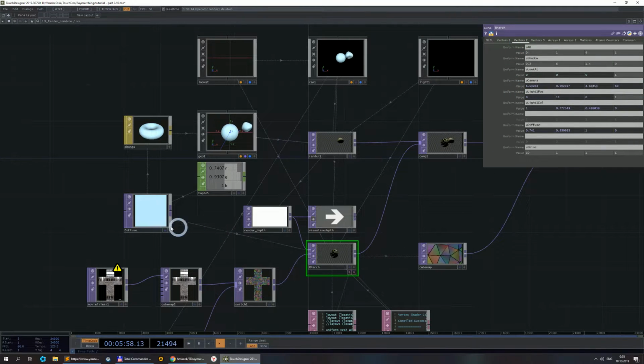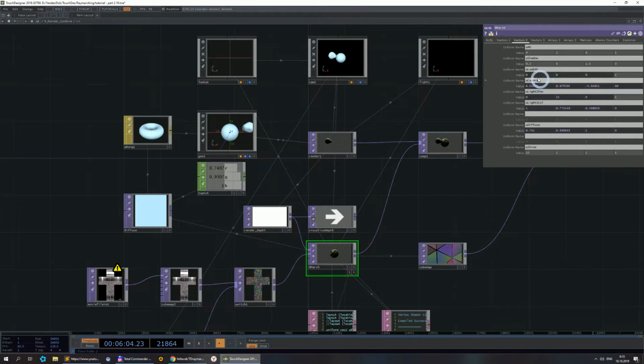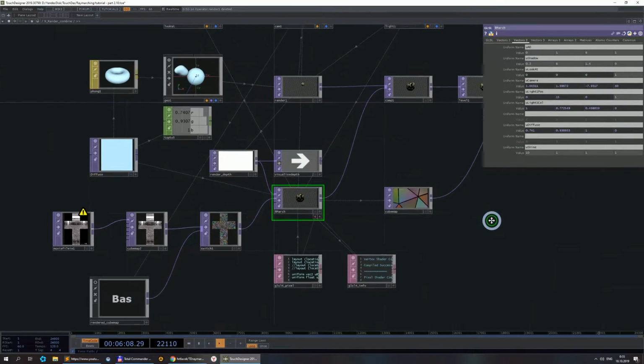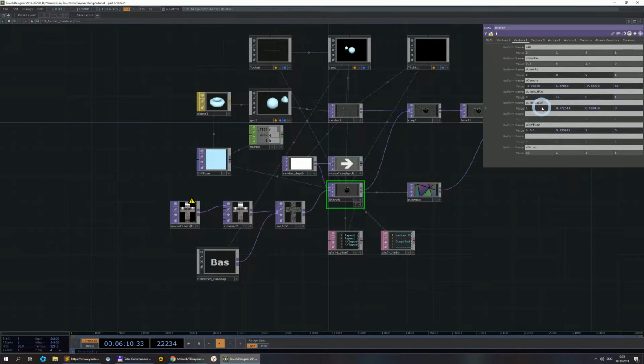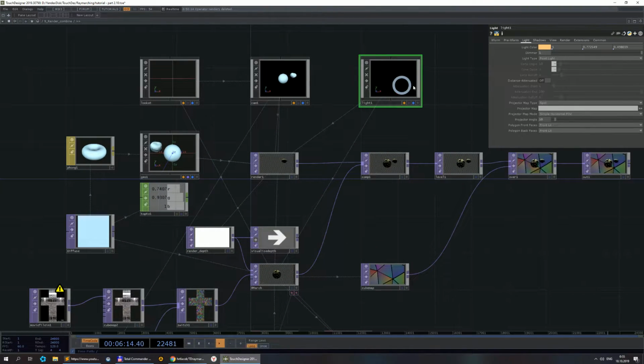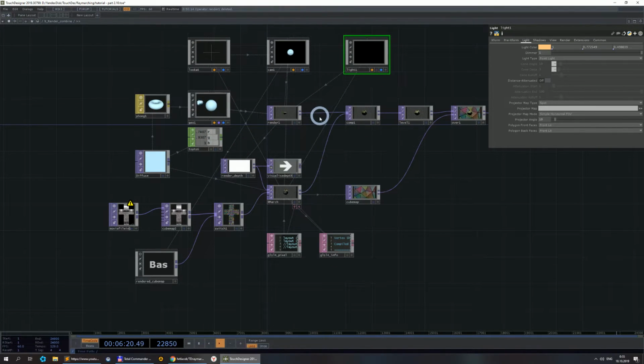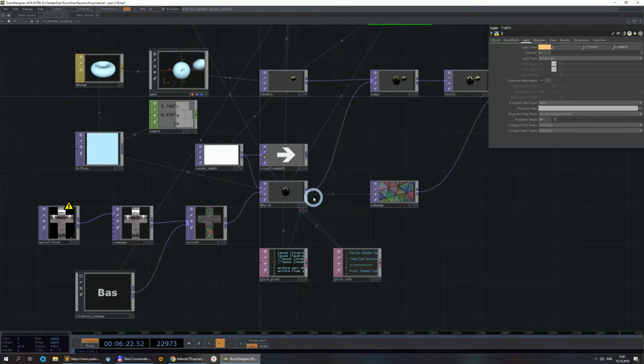Here we feed diffuse both to the render and to our Raymarching, and we feed the light color and light position, both the same for render and for Raymarching. So we have a similar setup,